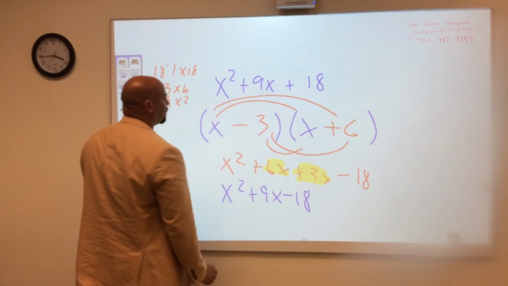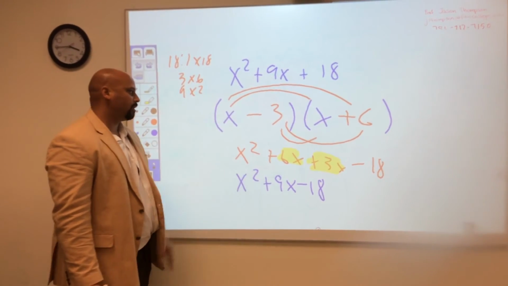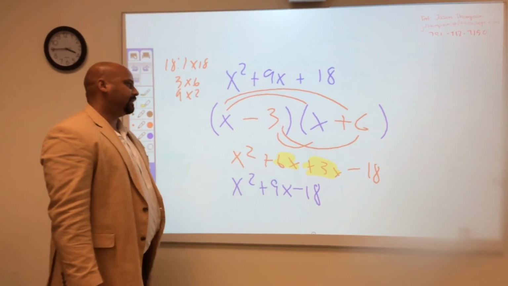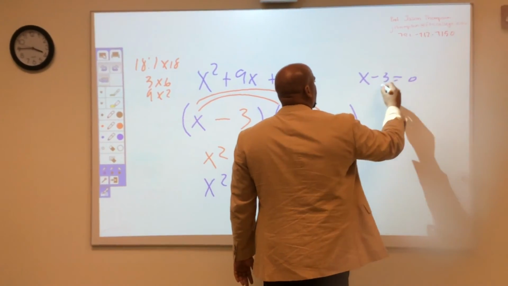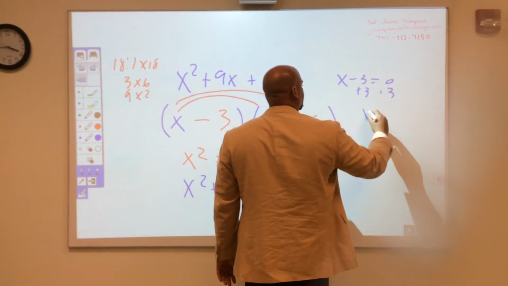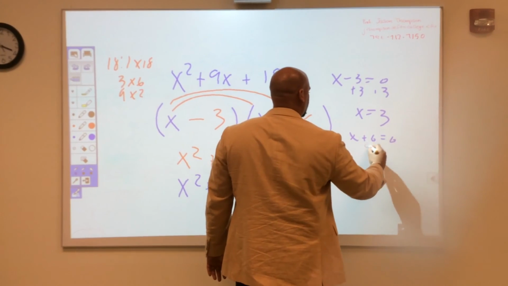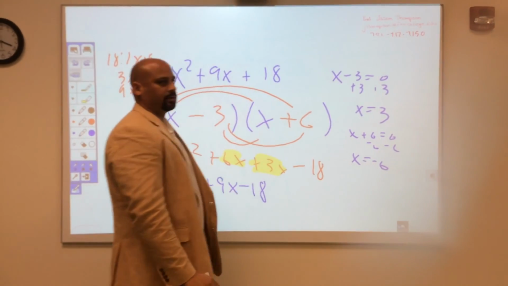And the question is, does it look the same? It does. So we've now unfoiled, and we've proven that unfoiling this works. So x minus 3 and x plus 6 is the answer. And you can set these equal to 0 if you have to solve for them. You just say x minus 3 equals 0, and add 3 on both sides. You're left with x equals 3. Then you can do x plus 6 equals 0, subtract 6 on both sides, and x equals -6. That would solve the equation. That's it for